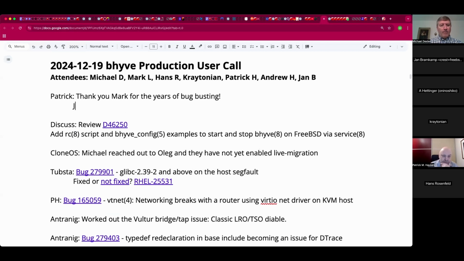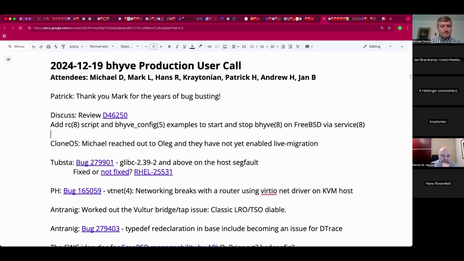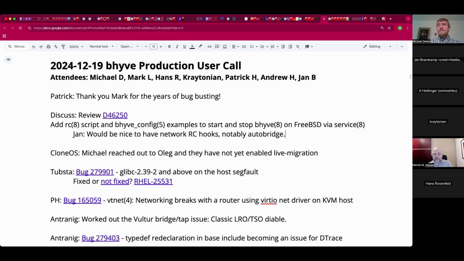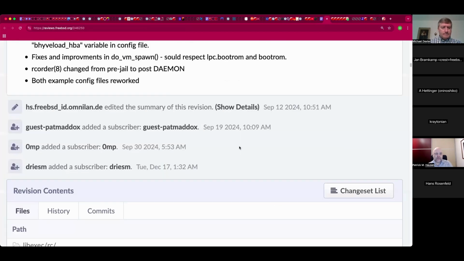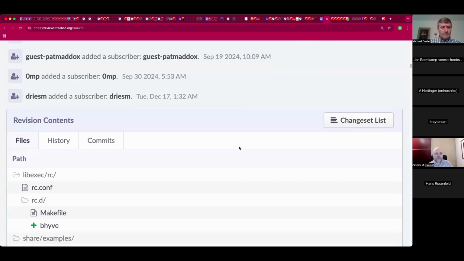Basically, you can configure the rc.d script for networking to automatically add interface names matching a specific glob, or multiple globs, to specific bridges. So if I have something, let's say tap27, it gets added to bridge3. It would be nice if you could specify that the bhyve interfaces are auto-bridged to specific bridges,